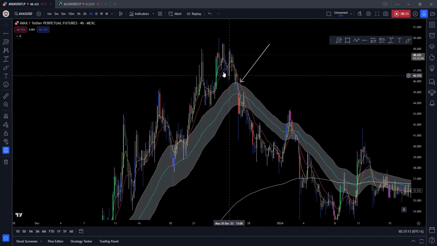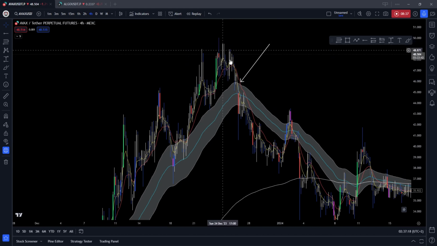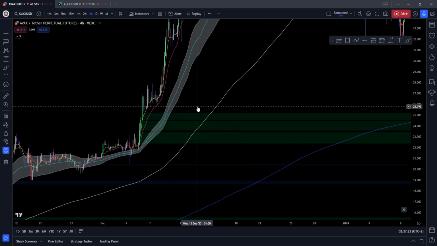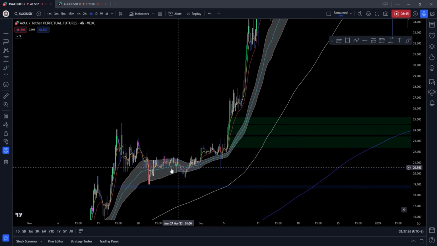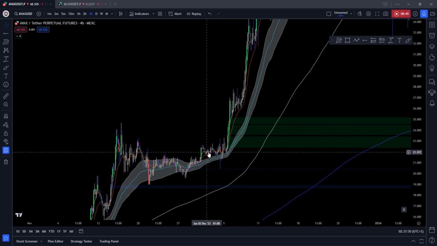Right here, this is more consolidating. You have a high, you have a low, and then you can see price is stuck in that zone. So right here, this is what's called consolidation. Consolidation, consolidation,